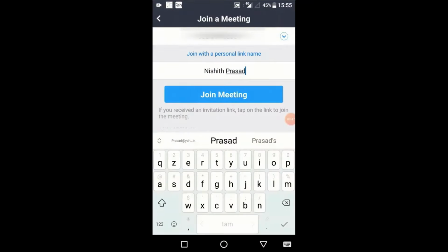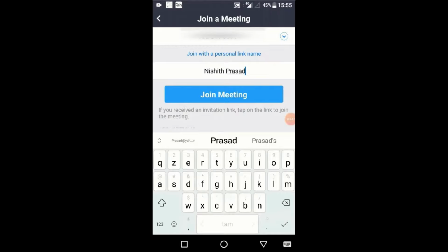Next very important setting is adding your name in the meeting. When you join the meeting, make sure you enter your name, so that it is very helpful for the meeting organizer or the host to know who is participating. It is mainly for attendance purposes. If you are not able to join video, they at least know who has joined.